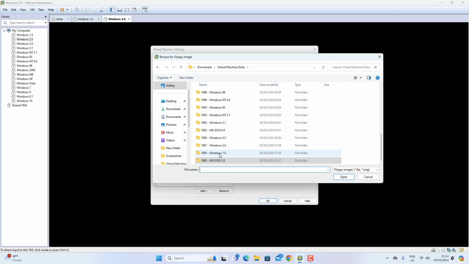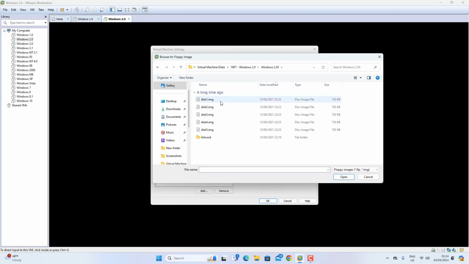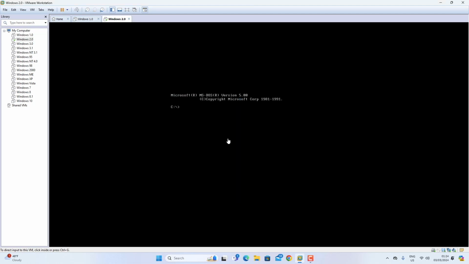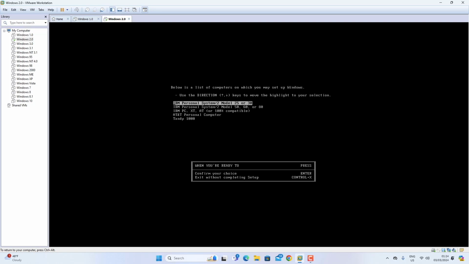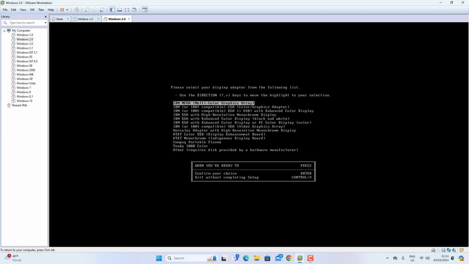And I'm actually going to switch to Windows 2.0, which is another application. This is Windows 2.03 here. So A, which is the floppy drive, and then setup. So I'm actually going to enter the